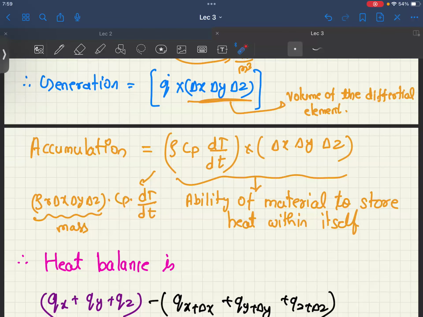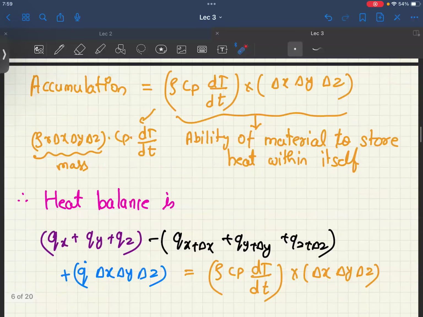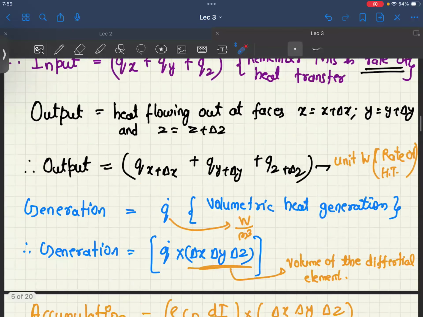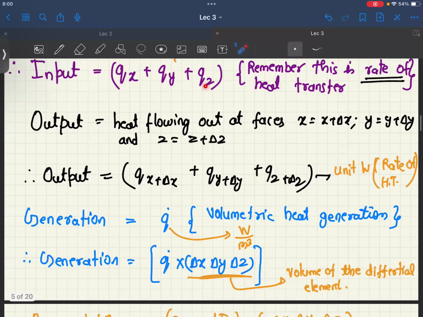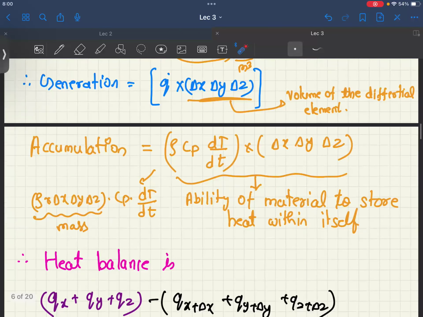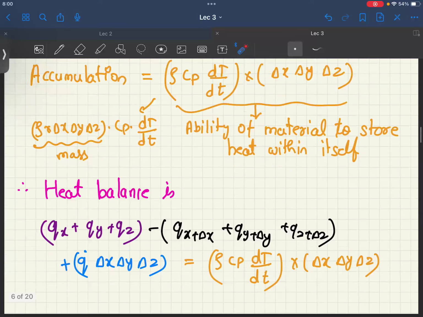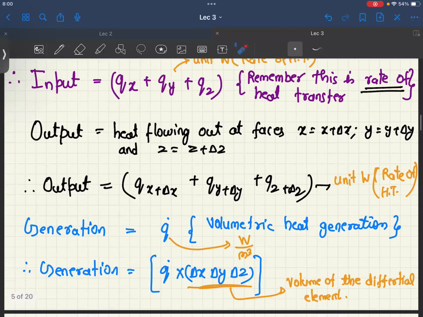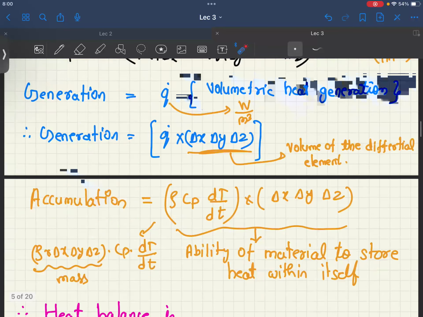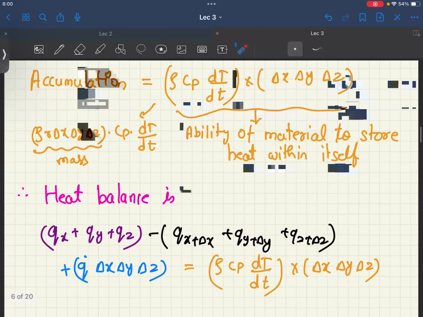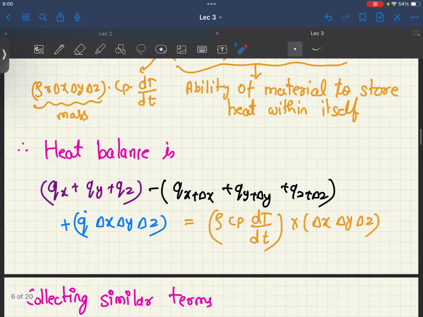This is the ability of material to store heat, that is accumulation। टोटल हीट बैलेंस क्या था हमारा? इन माइनस आउट प्लस जनरेशन इज इक्वल टू एक्यूमुलेशन। इन इज दिस, ठीक है, qx plus qy plus qz। जो आ गया यहाँ पे qx plus qy plus qz। What is out? आउट इज दिस, राइट? तो हमने यहाँ पे लिख दिया माइनस q at x plus delta x, y plus delta y, z plus delta z। Then what is the heat generation? हीट जनरेशन इज दिस, तो ये लिख दिया हीट जनरेशन, which is nothing but rho cp dT by dt। So convince yourself, this is the homework, you can try, if you are not able to understand कि इस सब का यूनिट इज गोइंग टू बी वैट।